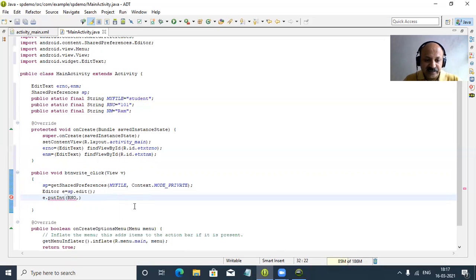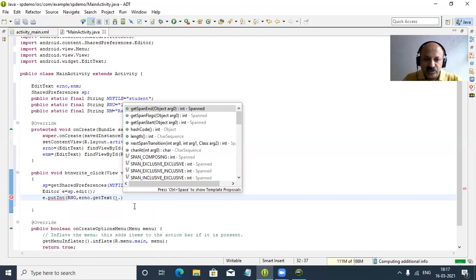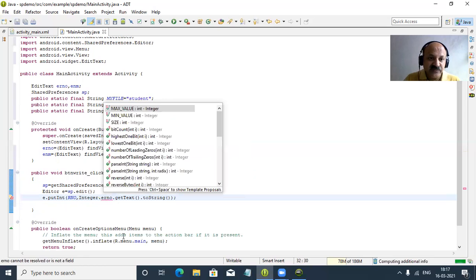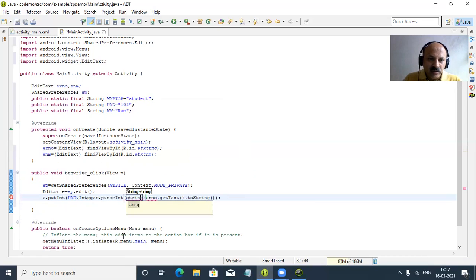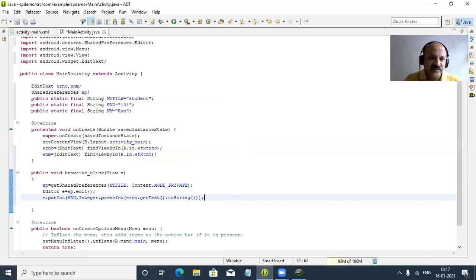Here is the EditText for rno, and yes, here our rno is our id. So getText, that is a method, and it returns a string. But here one error is created, because why? Here the method returns a string, but we have to put integer data. So we can use some type casting. We can use the Integer wrapper class in Java, and that is parseInt. So we can add parentheses, take this whole edit text and provide it here, so the error is gone.